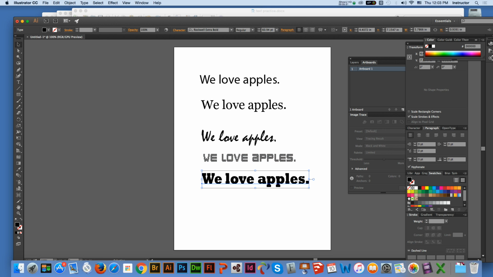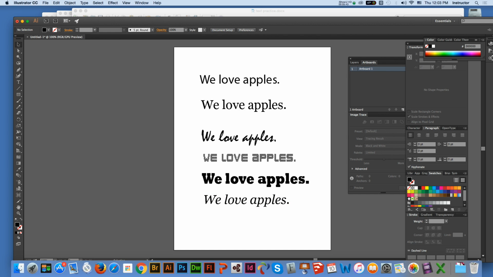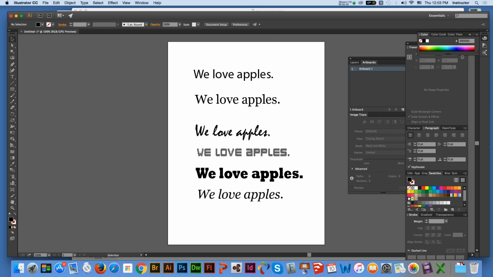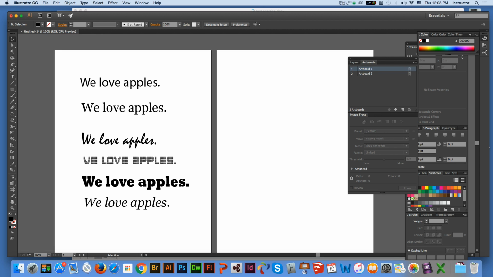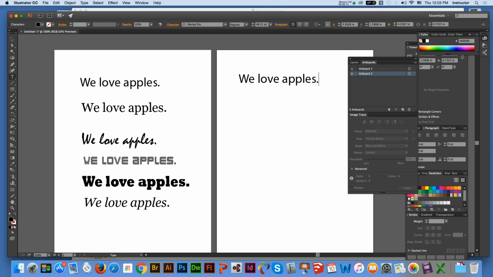And if you want this to be one of them, I duplicate it, and this one I want to set up as italic, so the word is going to be slanted. Okay. And another thing I'm going to do is create another page. So I come to artboard and make a new artboard. So I'm using the hand tool to move this here. I'm going to duplicate the first one. I'm going to hit enter, and I will say,